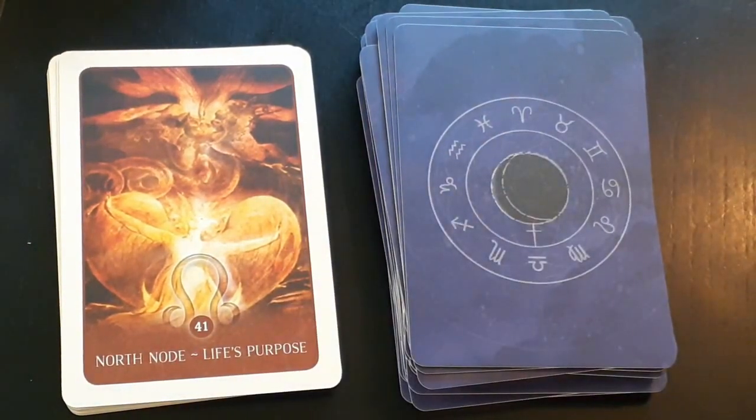Okay, North Node, life's purpose. Life's purpose, the soul's enlargement, balance, karmic rewards, and karmic bonds, memories of previous lives, reinforcements, support, movement forward, being right, the pot of gold at the end of the rainbow, undiscovered talents, fulfillment, the things we can fall back